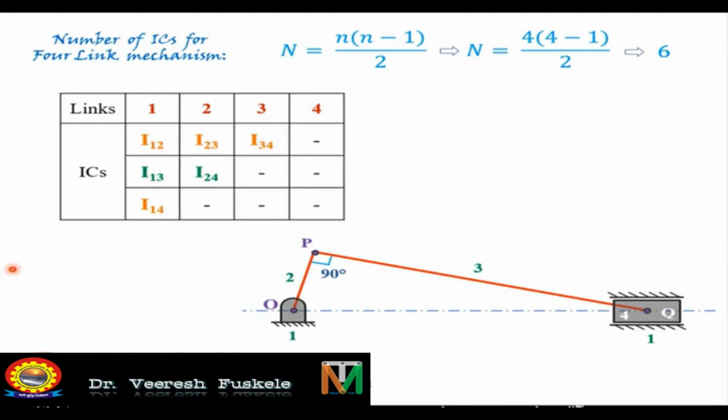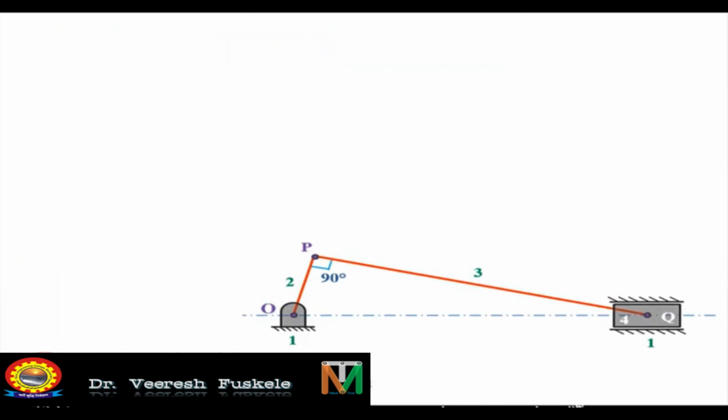As we have learned before, we can locate some of the instantaneous centers by inspection and others by Kennedy's theorem. So first of all, let us locate the instantaneous centers by inspection. For doing this, we will first represent the links with the points on a polygon as shown here: point 1, point 2, point 3 and point 4. Now we will join the sides with firm line. That will give us the instantaneous centers by inspection.